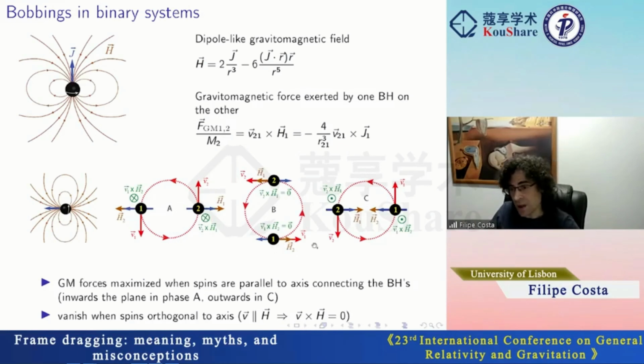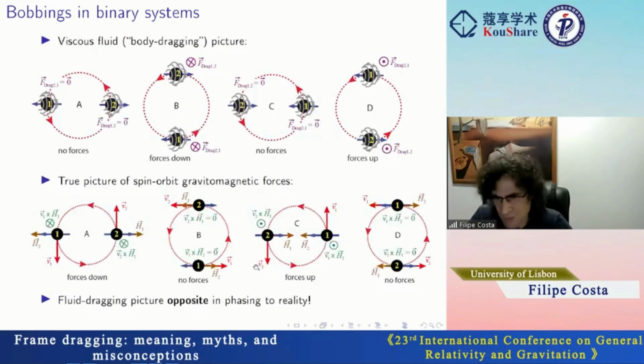And the forces vanish when the spins of the black holes are orthogonal to the axis connecting them, because in this case, the velocity is parallel to the gravitomagnetic field. So it is the exact opposite of the prediction by the fluid dragging analogy or the body dragging picture. And still, this is not the full story, because